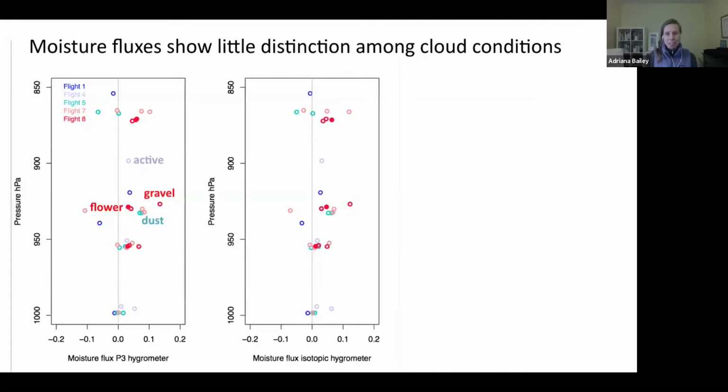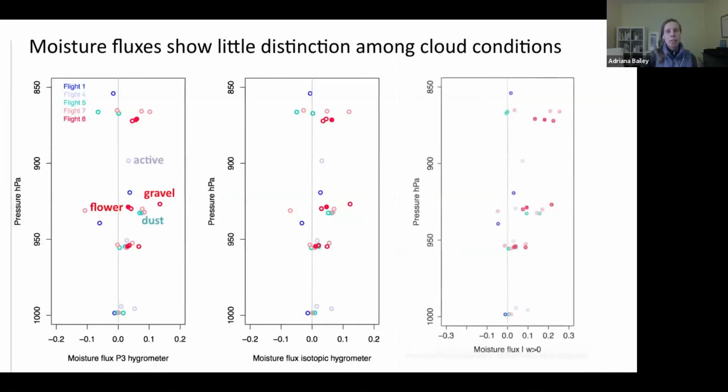One thing that you'll take away pretty quickly upon seeing this is that there isn't a clear differentiation in terms of moisture flux from these different cloud types or different cloud conditions or atmospheric conditions. And the same is true even if we try to look at the moisture flux estimates from these level legs only at times when we're passing through updrafts, when the vertical wind is positive. So this raises the question that we'd like another way, maybe a different perspective, to think about moisture being exported or transported by clouds from the boundary layer into the free troposphere.